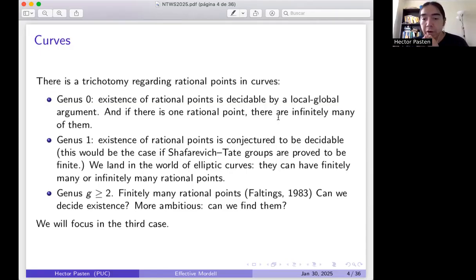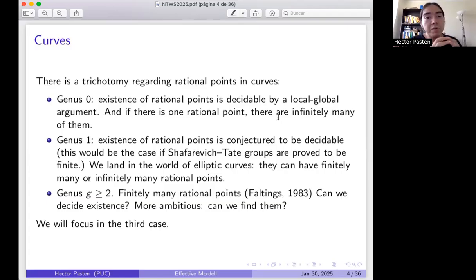And for elliptic curves, we know that two things can happen. Either the rational points are just torsion, in which case you have finitely many of them, or the elliptic curve has positive rank, in which case you have infinitely many rational points. Deciding between these two is a different story, but I'm only concerned here with the existence or non-existence of rational points. And that, as I said, has to do with the Tate-Shafarevich group, as far as we know today.